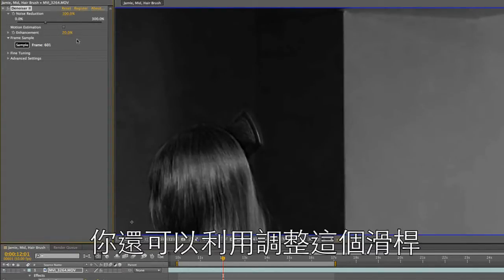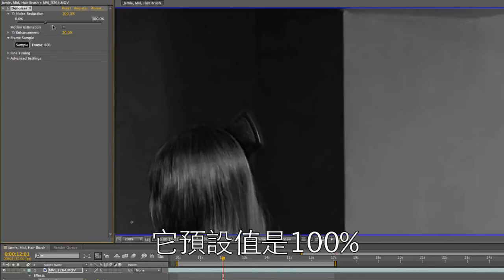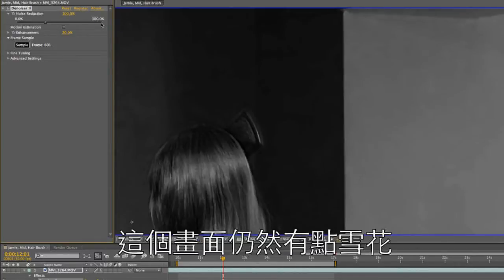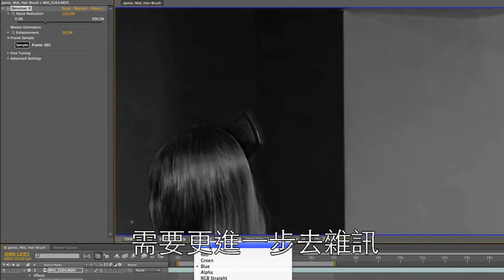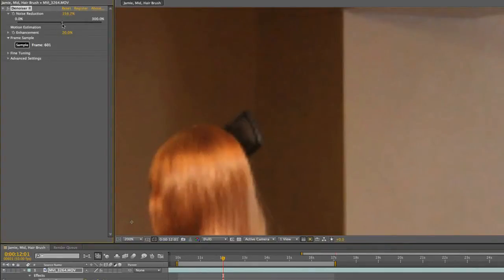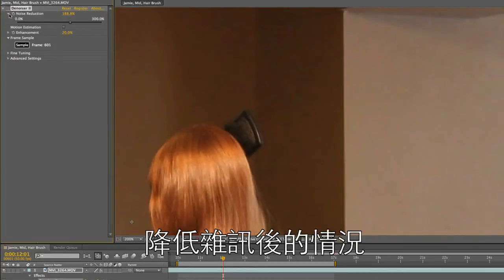You can adjust exactly how much denoising you want with the main noise reduction slider. It defaults to 100%, but you can drag it all the way up to 300%. This shot is still a little blotchy and needs a little more noise reduction, so I'll drag the slider up a bit. Here's how the background, both the shadow areas and the midtones, are being improved by the smoothing out of the